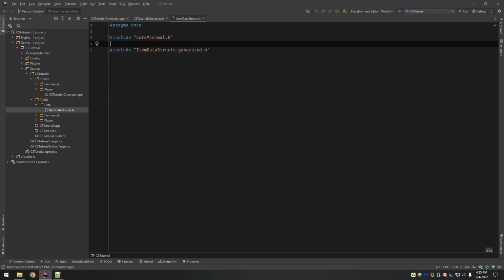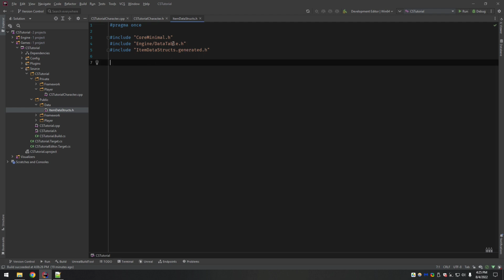The only other thing we want to put in is the engine data table.h file, and this is because the primary purpose of this file is to build this item data struct, and then we're going to be able to use it in a data table when we get into the editor.